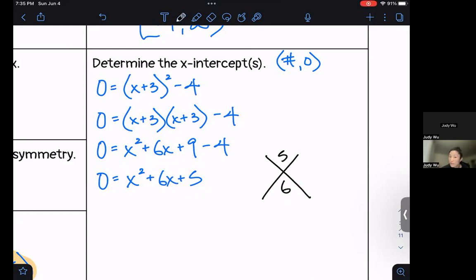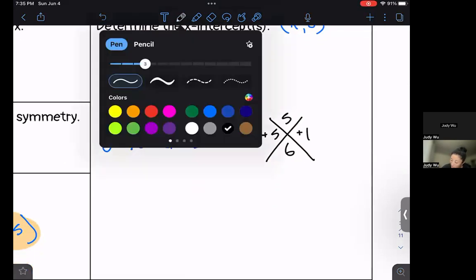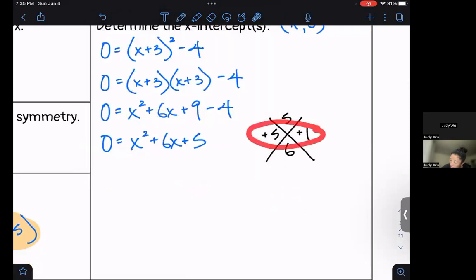Now I'm going to think, what numbers multiply to make 5, but add to make 6? Well, we've got plus 5 and plus 1. 5 times 1 is 5, but 5 plus 1 is 6. And so here's what that means. This plus 5 and plus 1 means that instead of writing plus 6x, let's unsimplify it and write it as